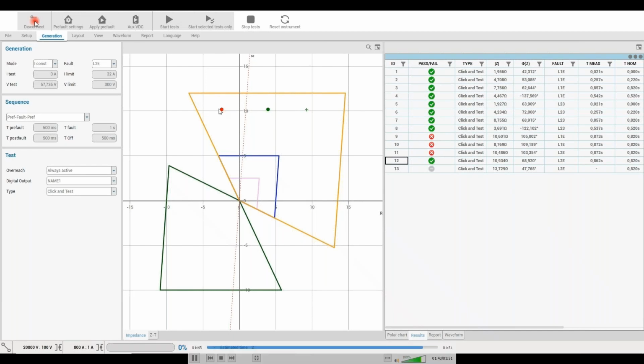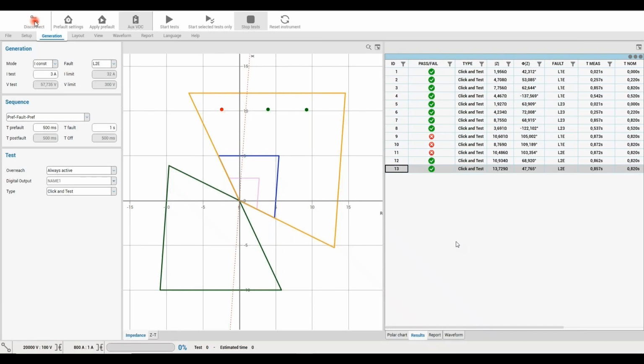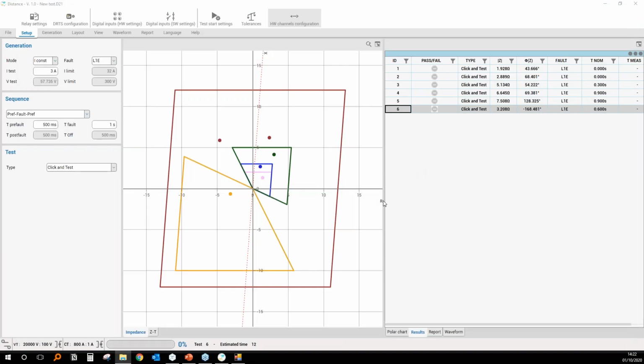So again, in this part of the characteristic, the trip time is not respecting the nominal one. That's why there is this kind of indication. Very well. So I mentioned before that there is the section dedicated to the tolerances. We go to,